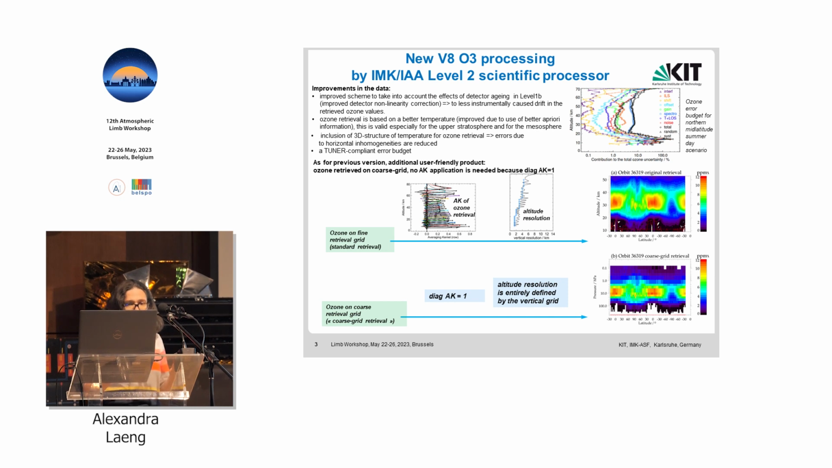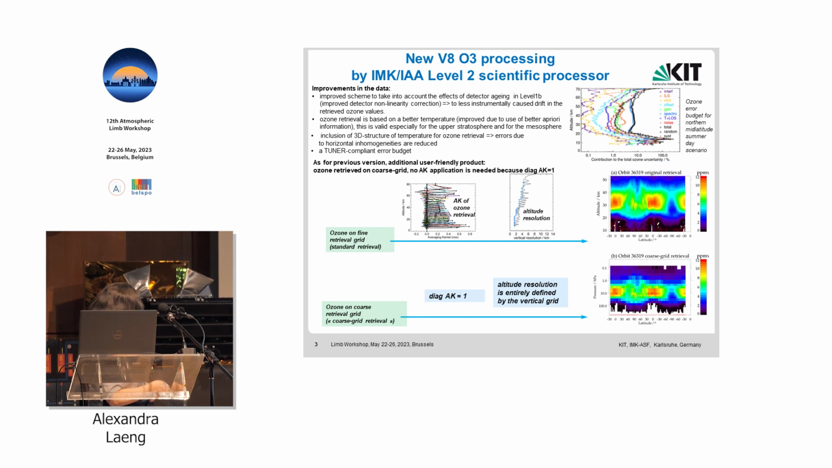So in clear, you have the retrieval on the grid such that the diagonal of the averaging kernel matrix is equal to 1. Here we have an example. When you have the standard retrieval on the standard grid, you have the matrices of the averaging kernel like this. It gives you the altitude resolution like this,